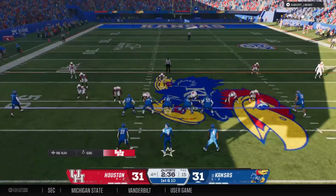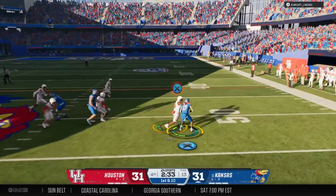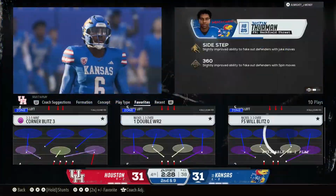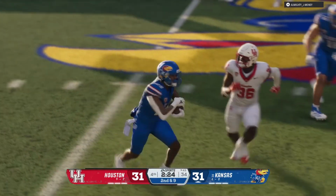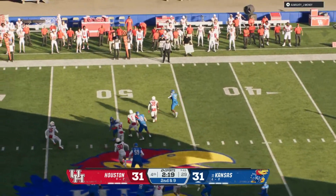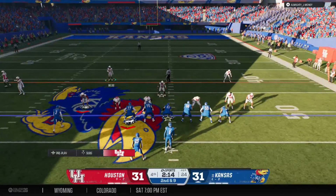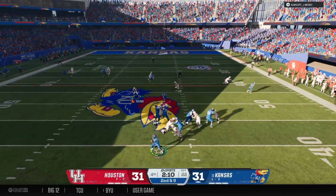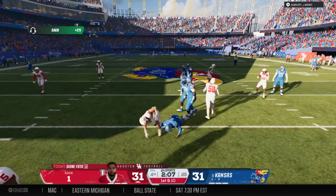Always good to get points on a drive, David, but chip shot field goals can leave you a little empty. And I think it's great to get points, but the great teams get touchdowns in the red area. You got to get out there this time and execute a little better on this drive. You're absolutely right, David. Generally, the best red zone offenses are the ones that run the ball the best. So let's see if they can be a little bit more physical on this drive. Didn't get much on 1st down. It's 2nd and 9. Wants to go up top. And the ball comes out. What a disastrous play. Defense falls on the...